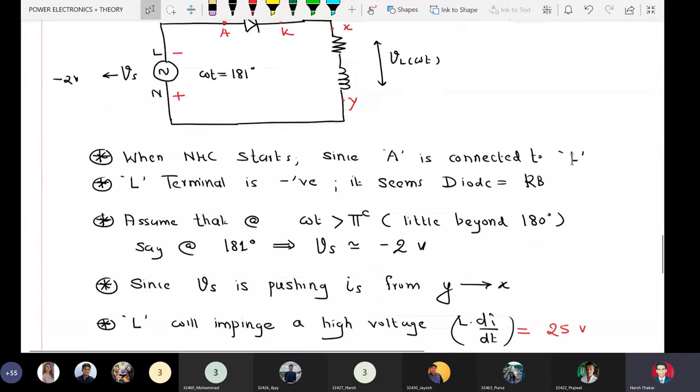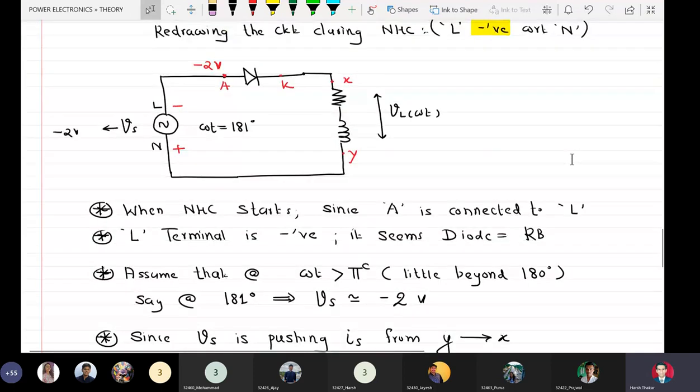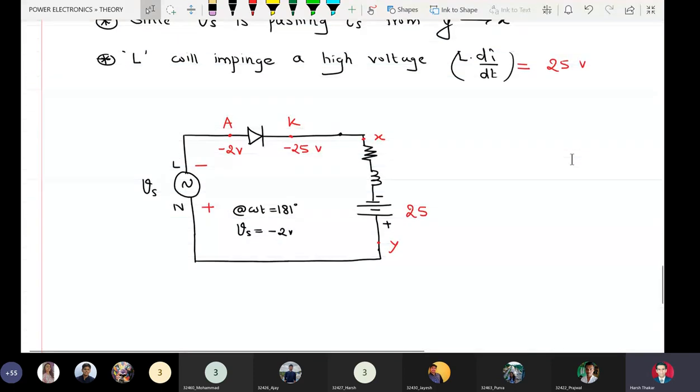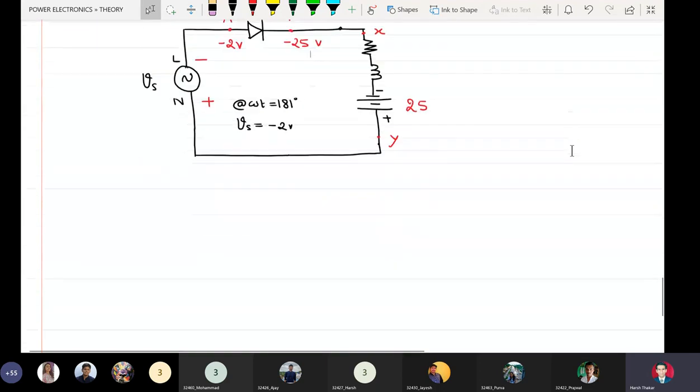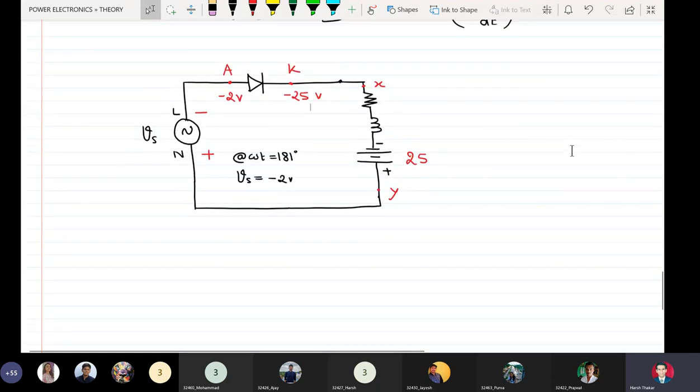Why? Because of the presence of inductance in the load side. Inductor, in order to maintain the current in the same direction, it is imposing a high potential, and that high potential is actually getting connected to the cathode, and SCR is remaining forward biased. So students, from the source side there is reverse bias, but because of the inductor, the overall effect across the diode is that it is getting forward biased. So that is why we see here. Now it is a very dynamic system. Getting me na? It is dynamic.